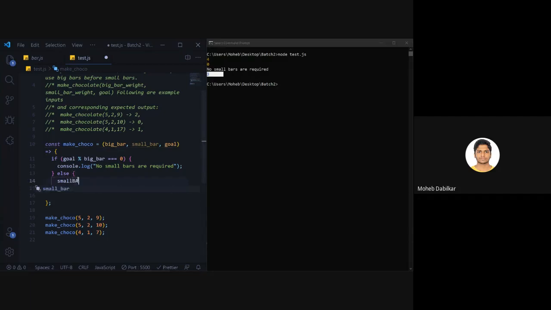So small bars equals goal. Then we need that remainder again, so goal percent big bar. And we will have to divide that among the number of small bars. And we will just console log small bars right now.